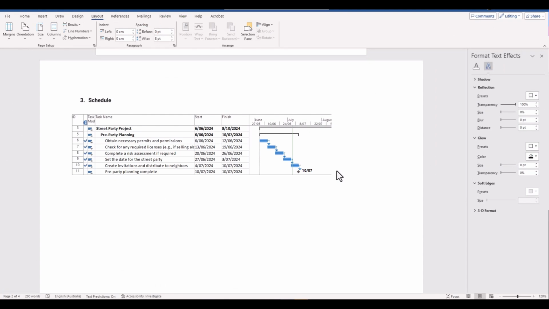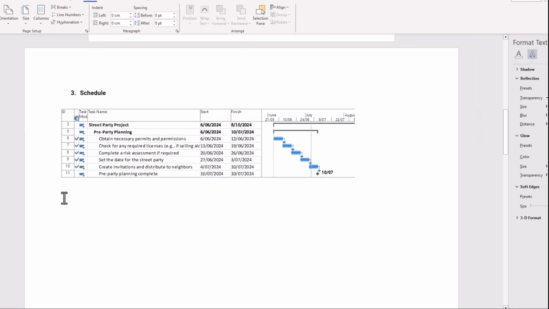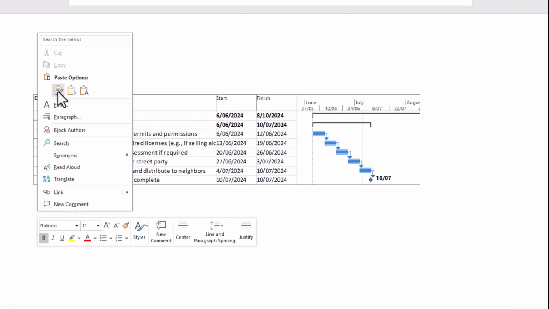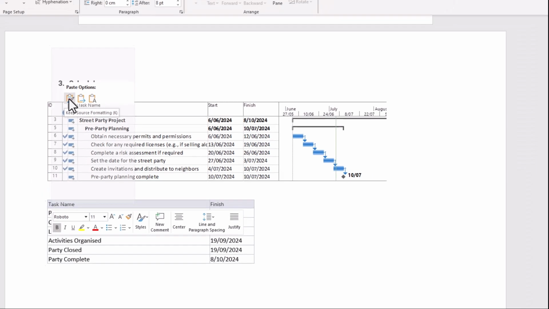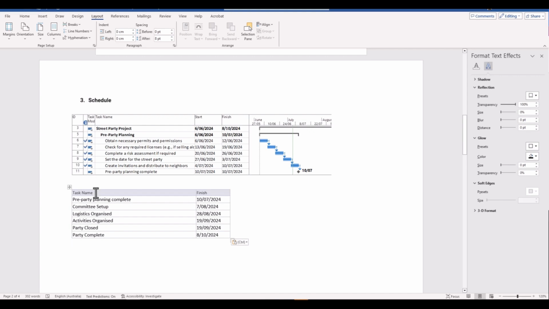document. Now hypothetically, let's say that we want to include a table underneath this Gantt chart showing the milestone dates. So we can position our cursor there underneath the table, and then we can right click and click on Keep Source Formatting in your paste options, and there it'll nicely put together a table that you can actually get in there and edit as well.